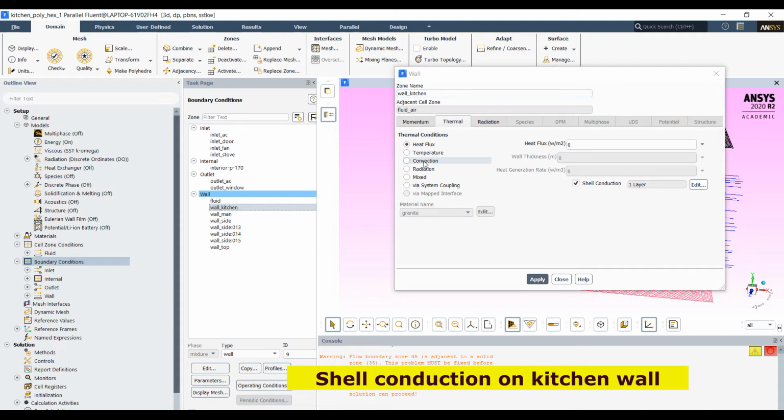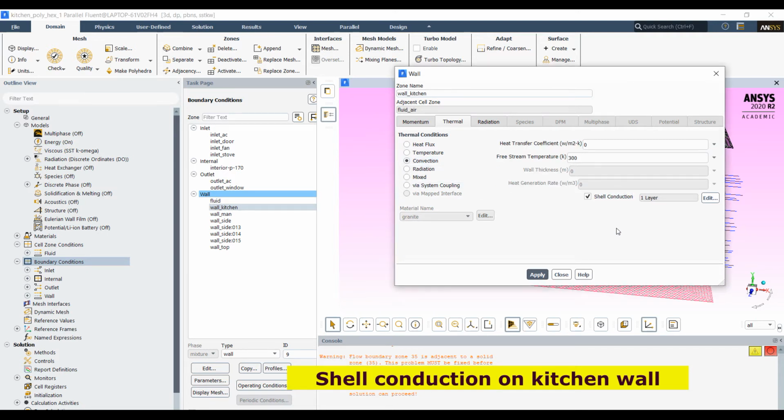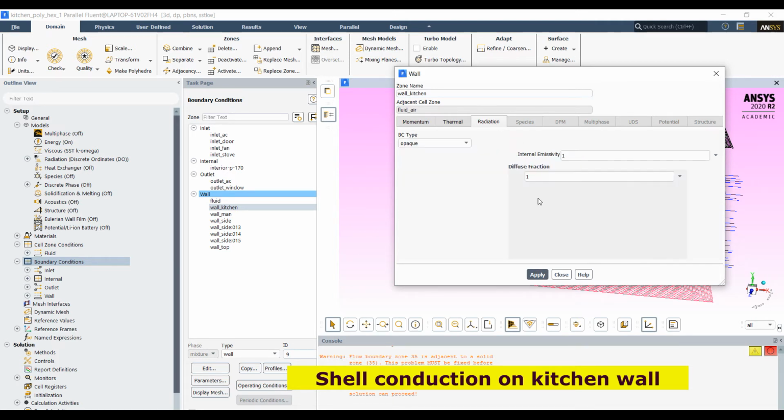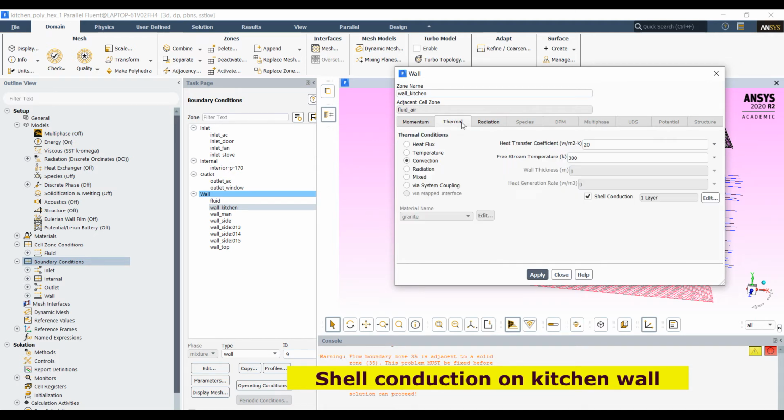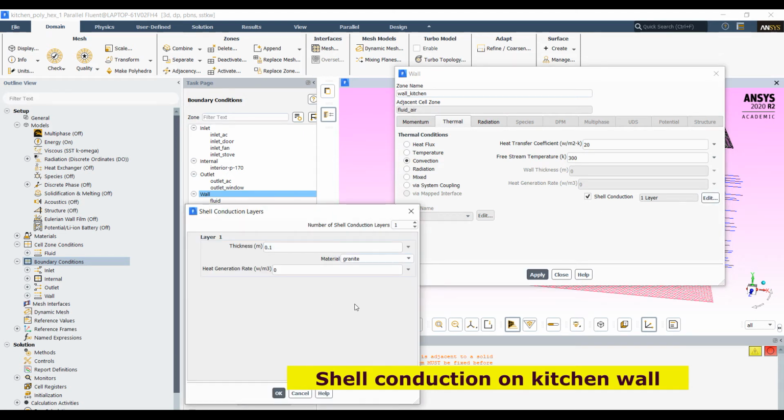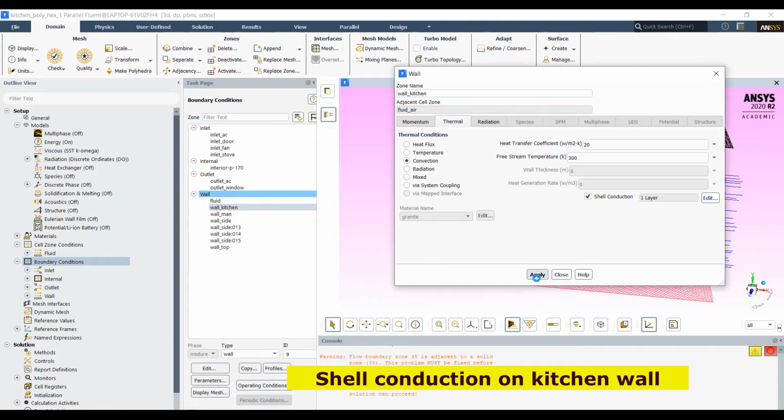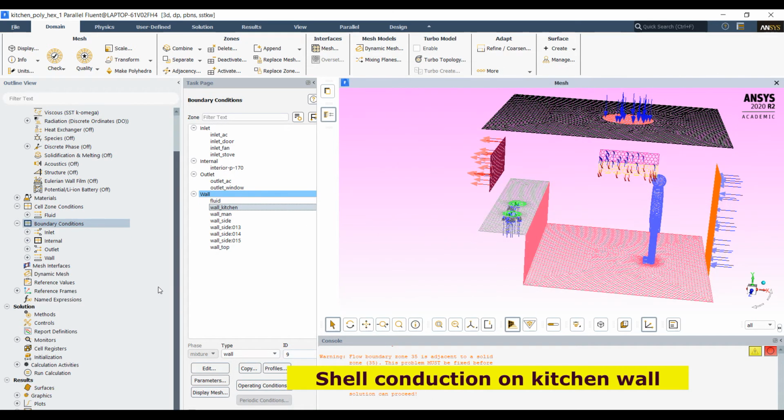And convection I am also giving, heat transfer coefficient 20, free-stream temperature 300. That means I have given both conditions: convection, radiation with 0.6 emissivity, and shell conduction. It depends on the layer of granite, which has thickness 0.1 meter. Apply, then close.